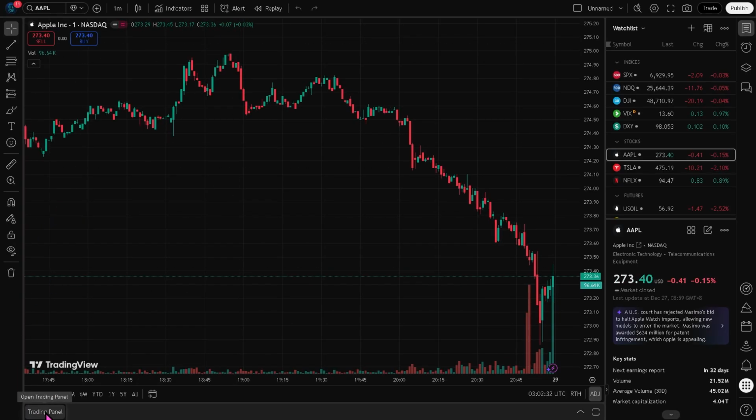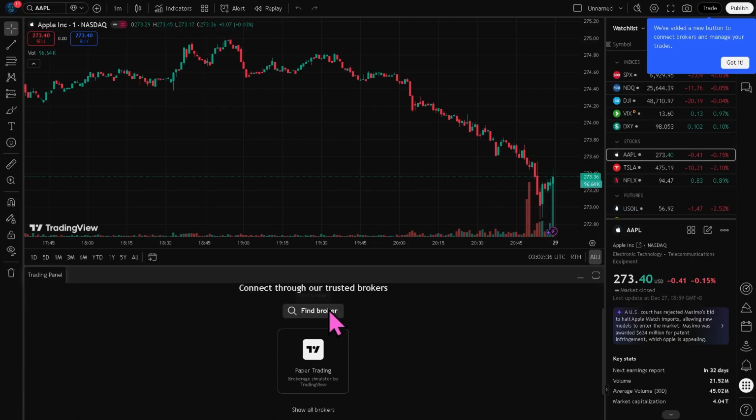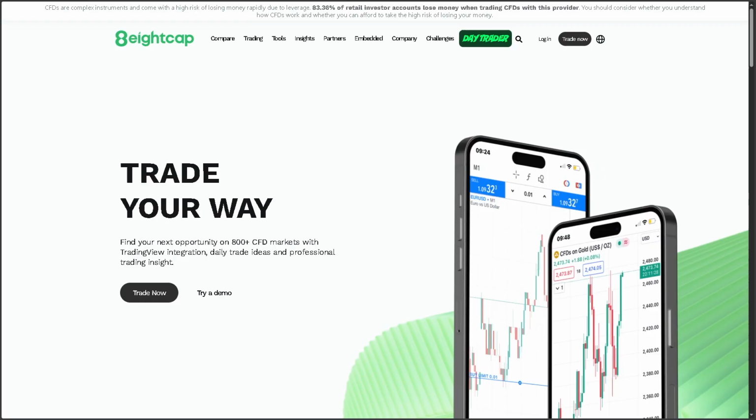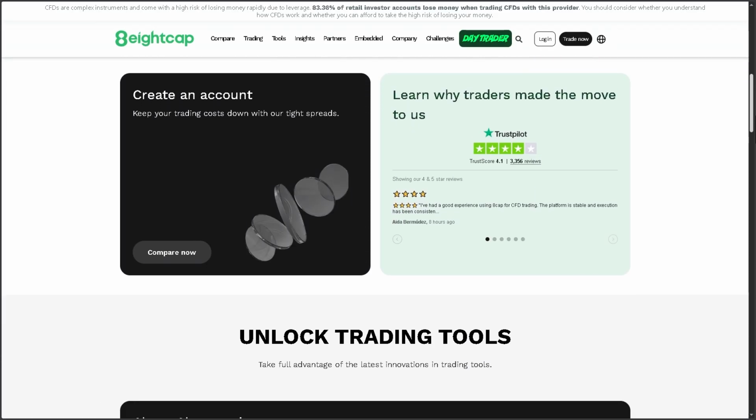Hover down to the bottom left corner to open the trading panel and go to the search bar to find the trusted broker, and that's going to be Eightcap. I want you to click on it because connecting these will help you place trades directly from the TradingView charts